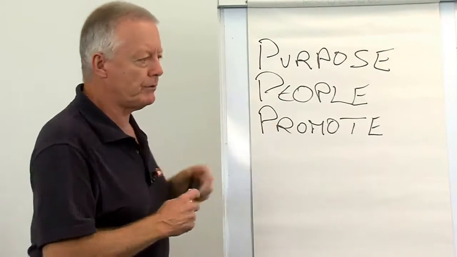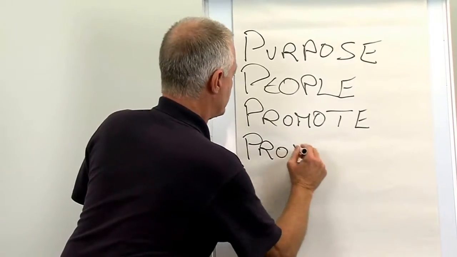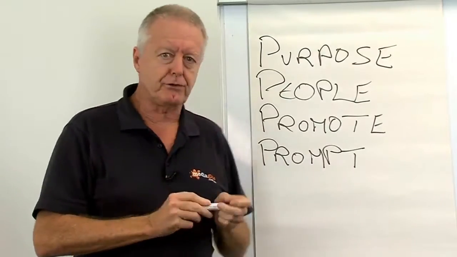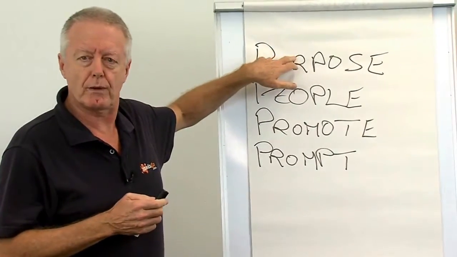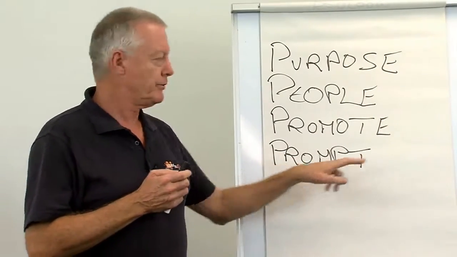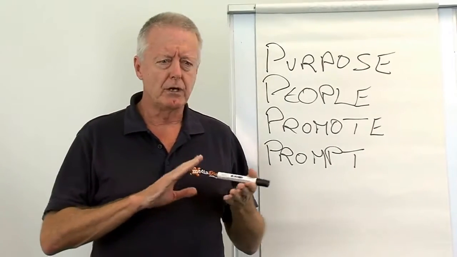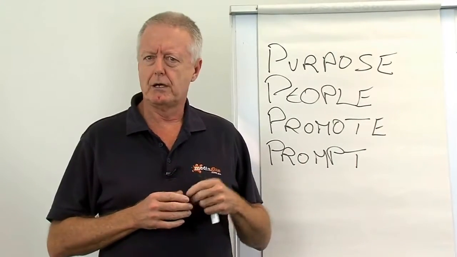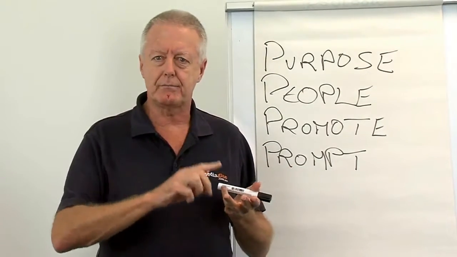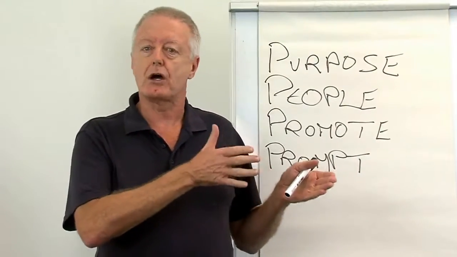So that's promote. Now the fourth P is prompt. Now what we mean here is that if you consider back to what the purpose of your website was, what we have to do here is that we have to prompt the visitor to take the action that you want them to take. Now, if you have an online shop and people are attracted to the product, so it meets the need, it meets the price, it meets the delivery and availability requirements, the chances are that you're going to